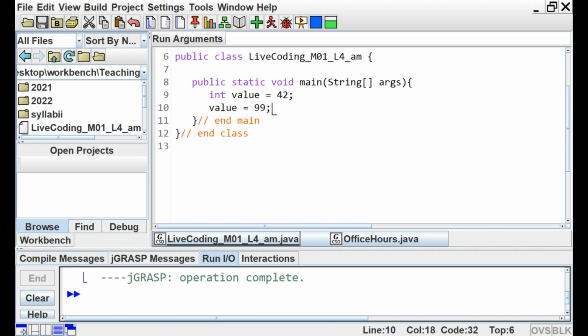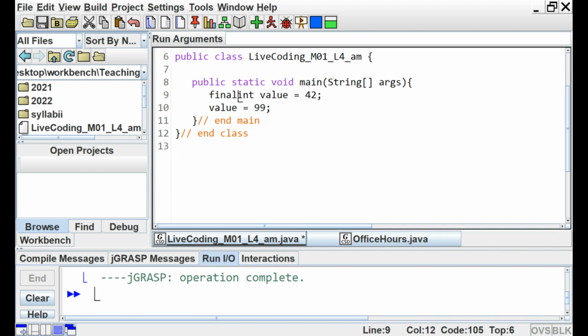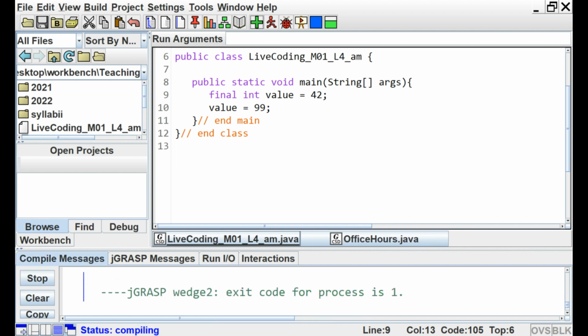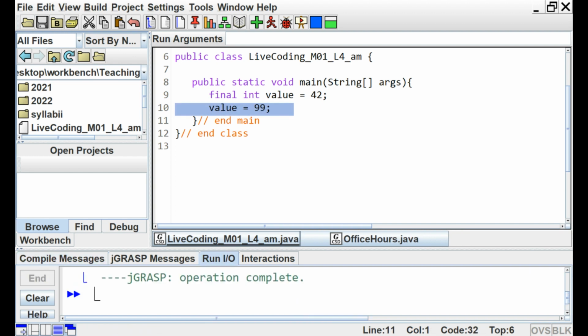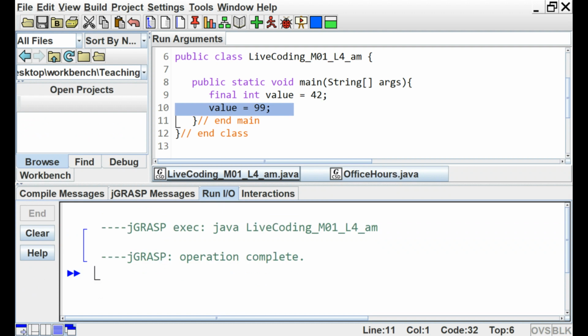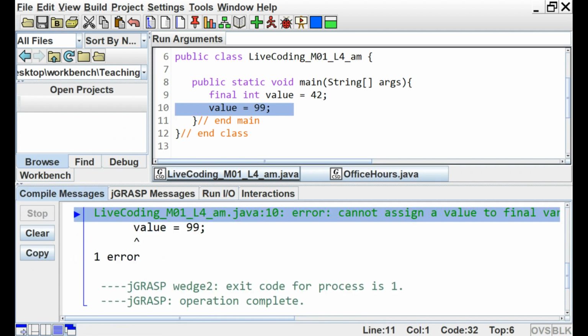All right, if I run that, it displays nothing because I didn't display anything, but it declares and initializes to 42, then assigns 99. The compiler is okay, the program runs. If I say final int value and I try to compile it, that's the only thing the final keyword does, really. It's going to allow me to say, I don't want to be able to modify value anywhere in my